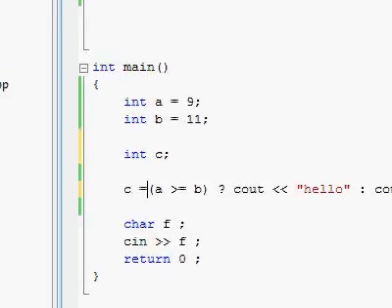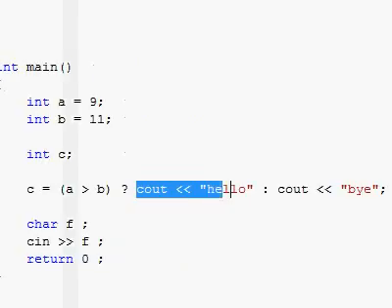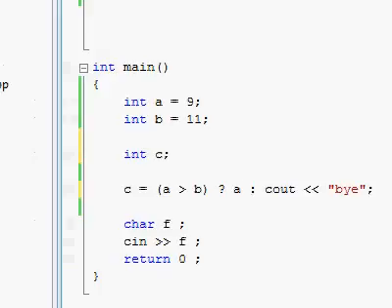c equals, we want to give c whatever is bigger. So here's how we're going to do it. c equals, is a more than b? If a is more than b, then we want to have the expression of a. So now this is going to evaluate as c equals a, because we are testing is a more than b, and if it's true, we are going to return the expression of a to this right over here.